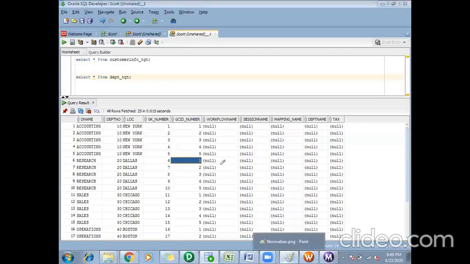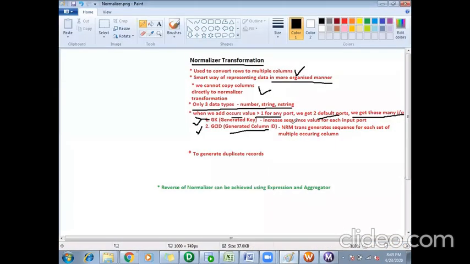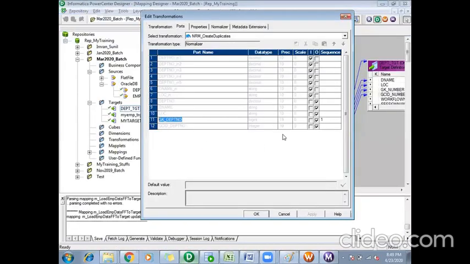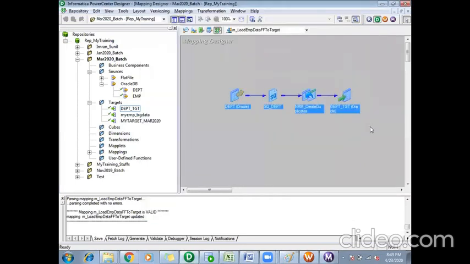GK increases sequence value for each input port, whereas GCID generates sequences for each set of multiple occurring column. That is the difference between GK and GCID. And this is how we can generate sequences in Informatica using the normalizer transformation.